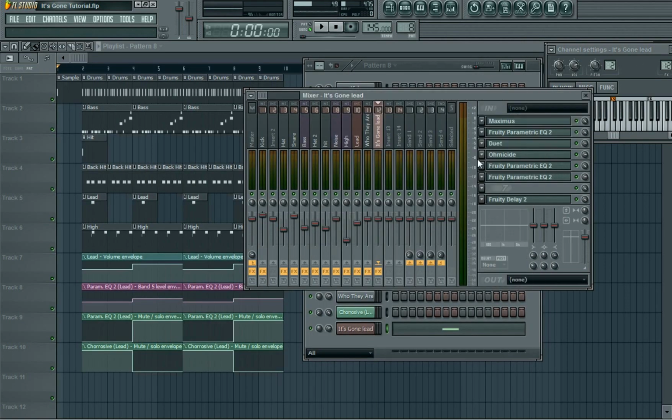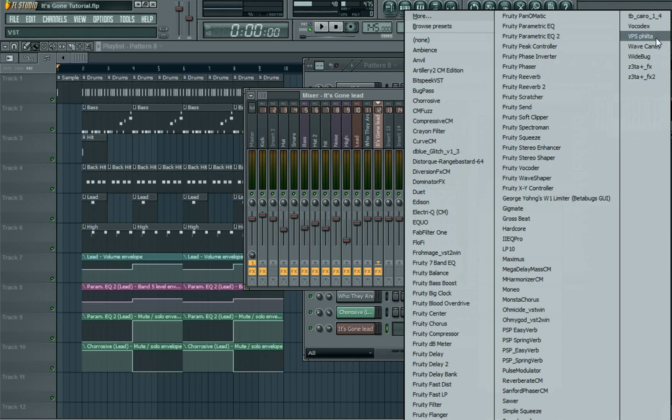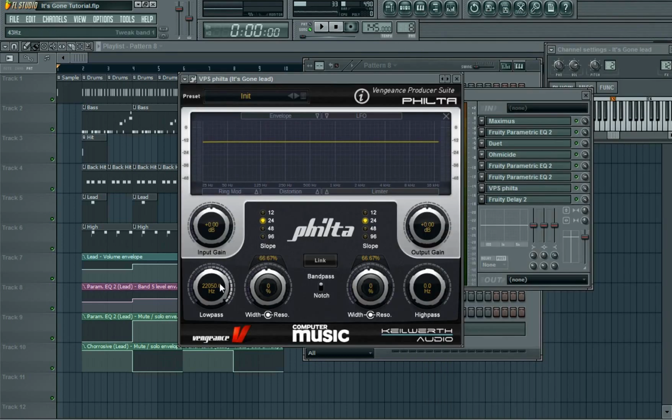One last effect you could add in is a VPS filter. Now this is optional, and I'll just do this quickly because I know a lot of you won't have this. But choose notch, and then 98.6 on the slope. Have it looking like that. Choose link, bring it up to about there. Turn the resonances up to about 50%, and then